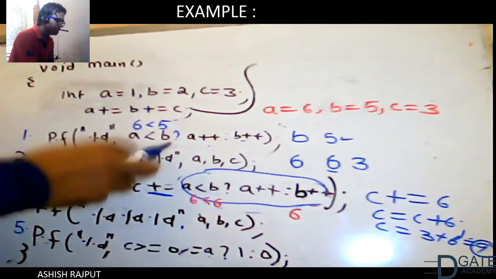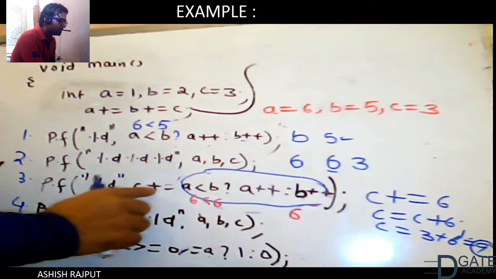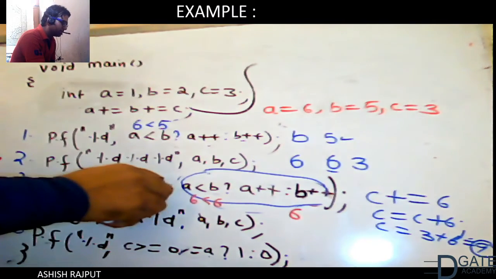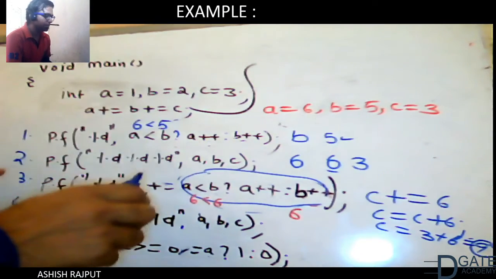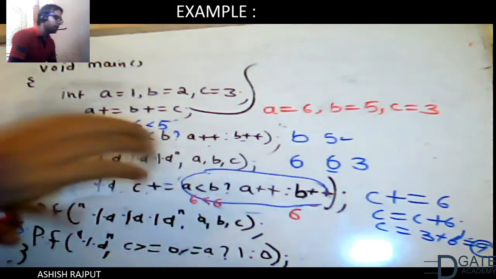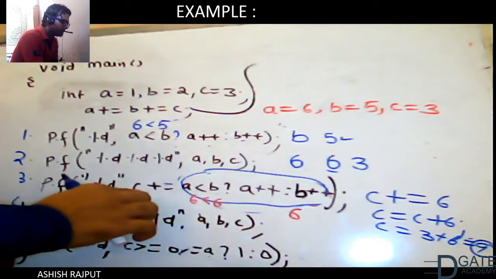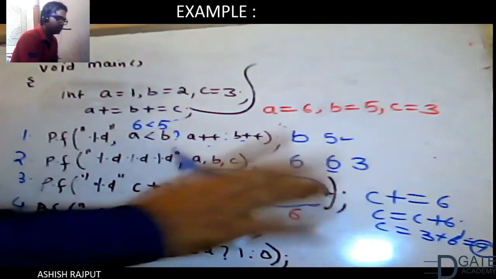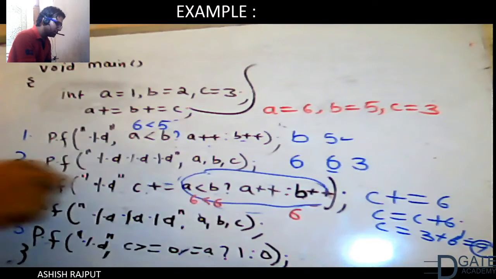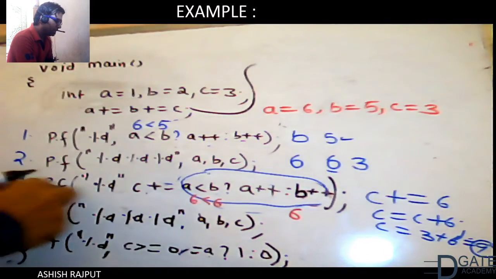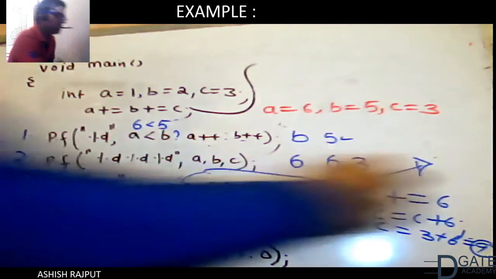I will repeat this statement. This is a fight between the plus equal operator, the assignment operator, and the ternary operator. So the ternary operator will have the higher precedence. Firstly this whole expression will get 6, that is, 6 plus equal to 6, and C is equal to 3. So the value which will be printed by the third printf statement is 9.